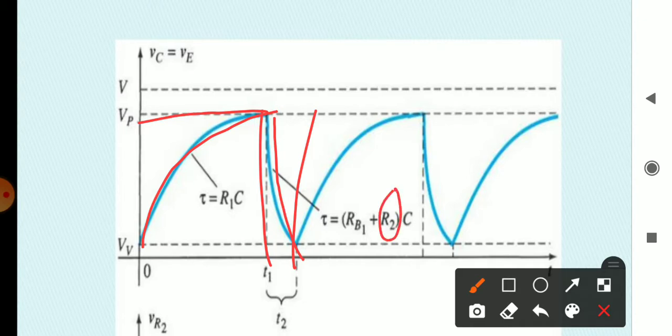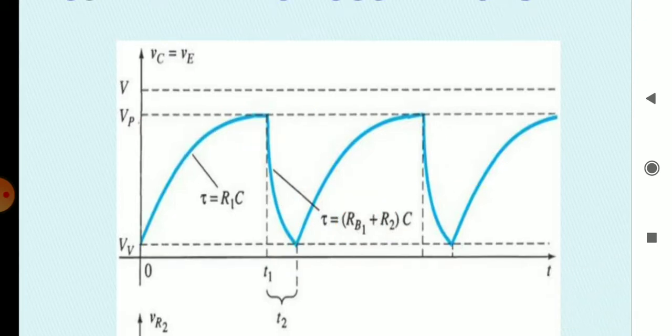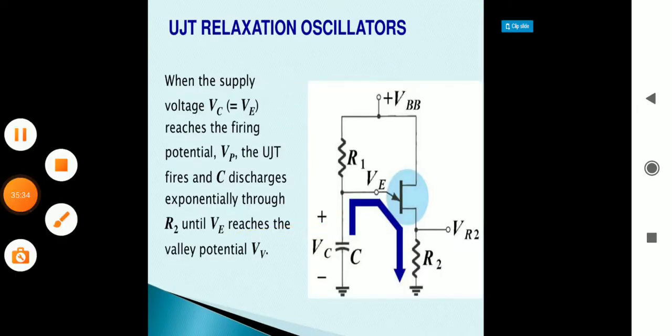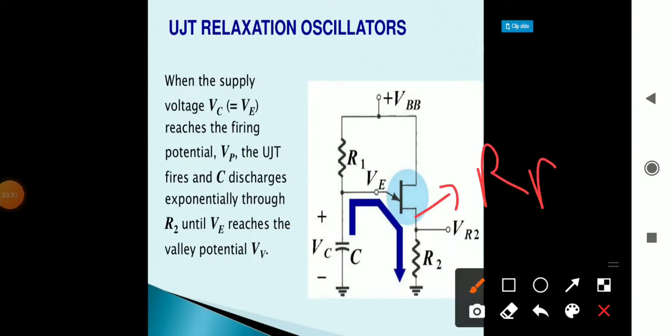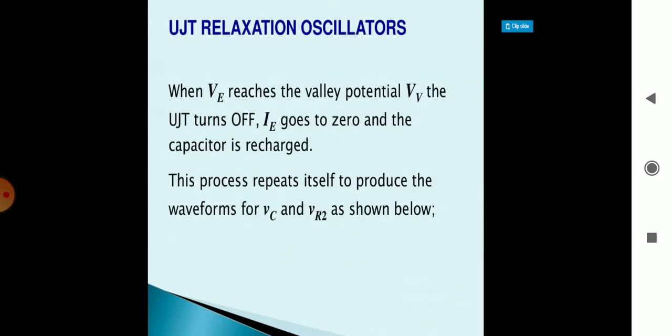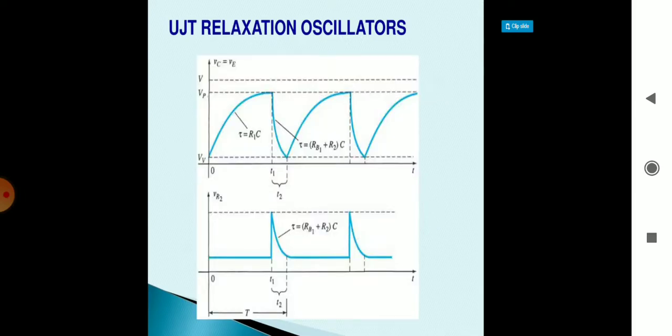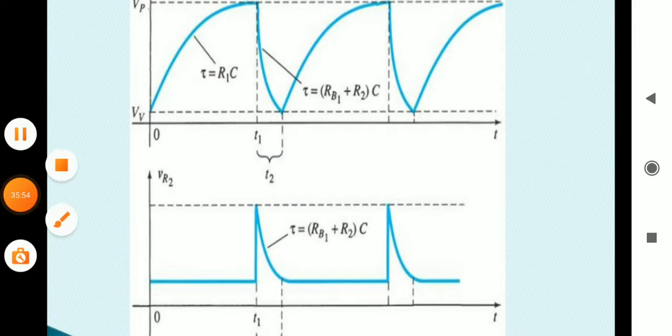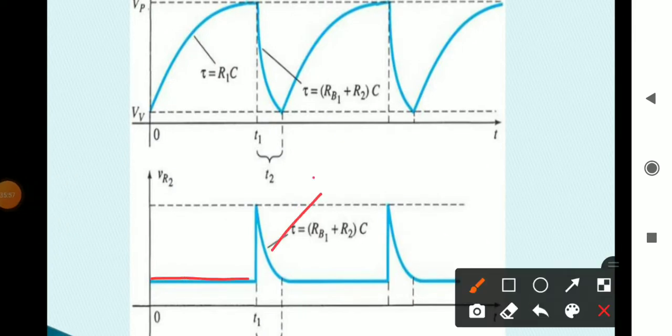I told you in the beginning, RB1 is not shown in the circuit. RB1 is nothing but the UJT resistance itself. RB1 in the basic structure I have shown you. RB1 plus R2. Here we have RB1. So now the capacitor is discharging through this RB1 plus R2. For simplicity, it is not shown in the circuit. If the symbol is shown, it means that RB1, RB2 and the diode are present in that symbol itself. So in this period the device is off. In this period the device is on. This is the valley voltage that you can see.